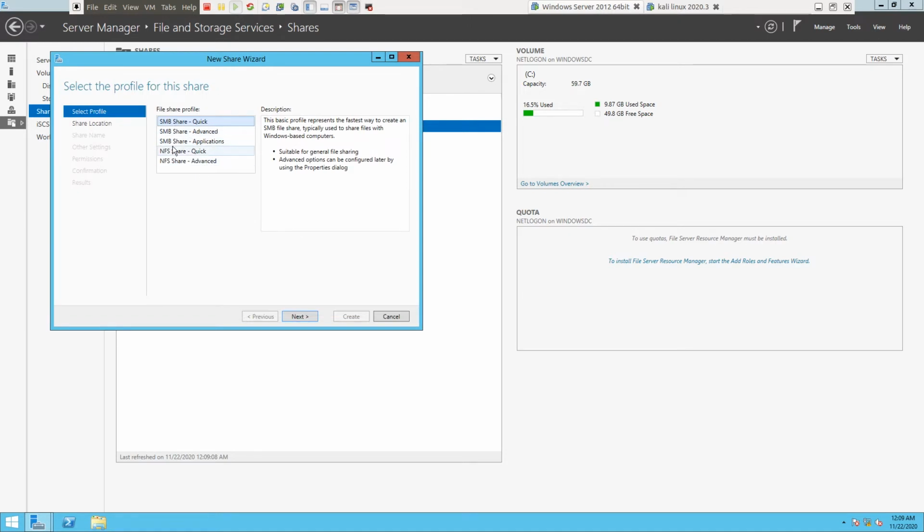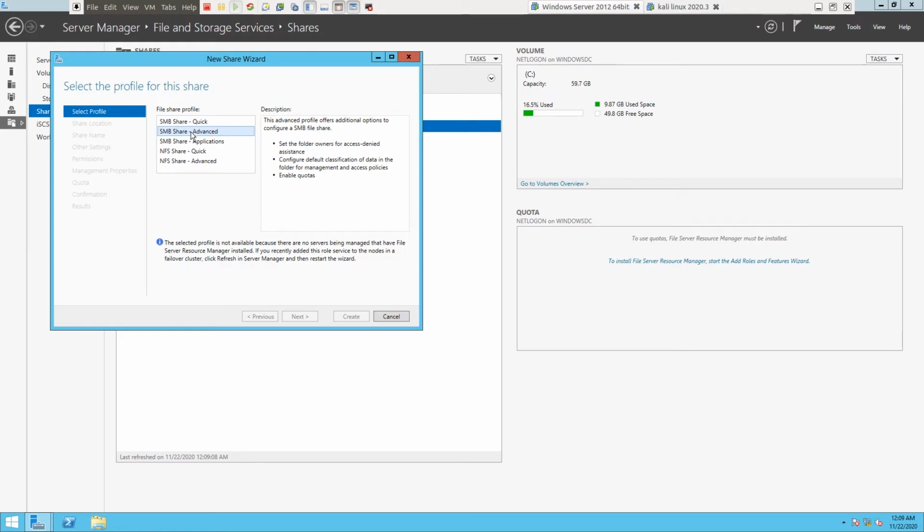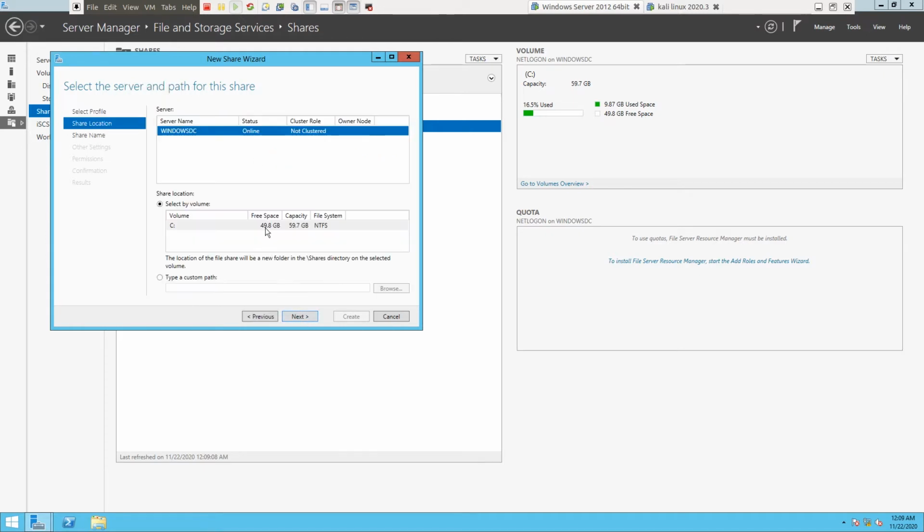Now these are some of the options. You can use SMB or NFS. Let's stick with the SMB share quick. If you choose advanced, you can set some advanced configuration here, but let's make this quick and click on next.